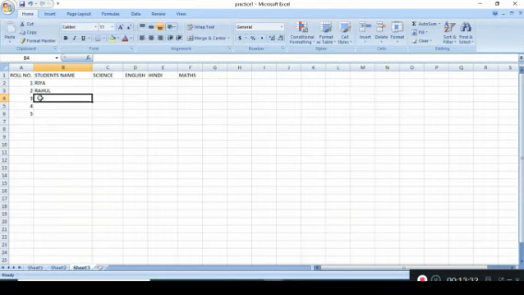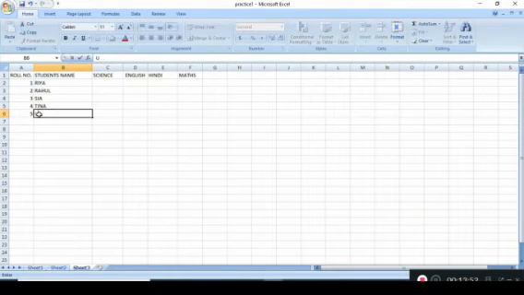You can see here I am writing the names, and these names are automatically coming at the left side of the cell. So this way we have entered our data.